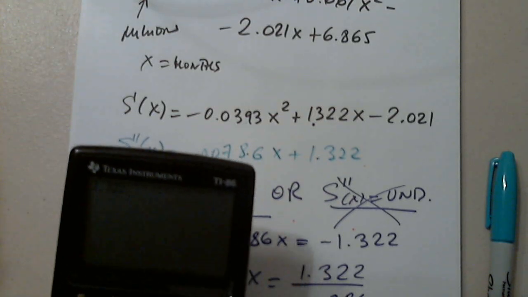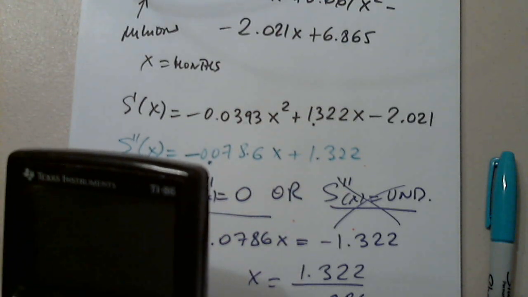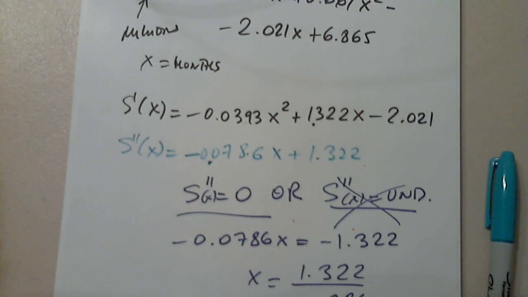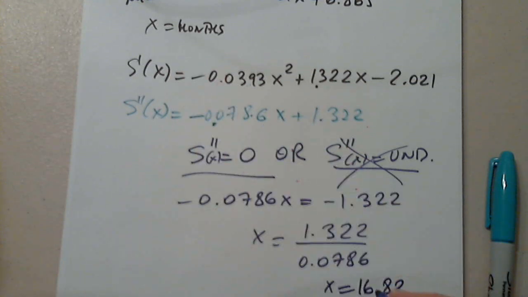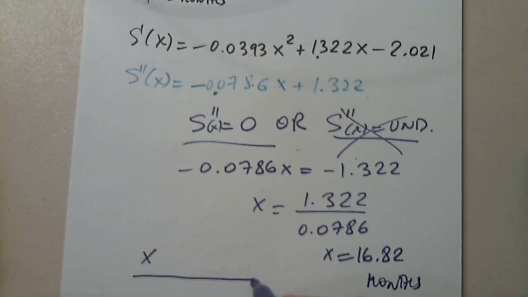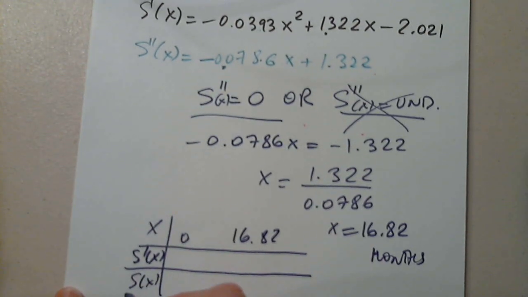1.322 divided by 0.0786. I'm trying to see if I entered everything correctly. 16.82. So I got x equals 16.82. And this is months. Good. So the inflection point, so this is x, and this is 0, and this is 16.82, and this is s prime, and this is s, and this is the second derivative,